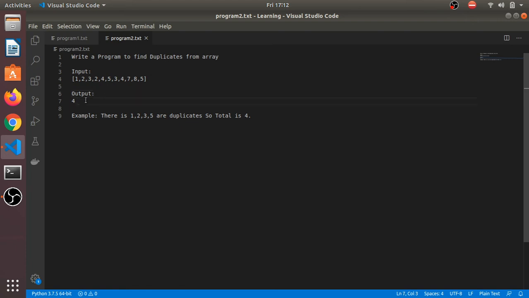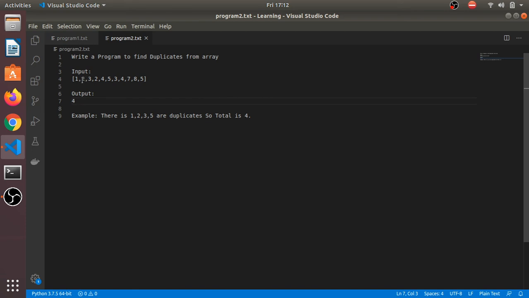So your output will be 4. You just need to count how many elements are duplicates in the array. Here 1, 2, 3 and 5 are duplicates, but 4 is also a duplicate. So you need to write a program in such a way that you can get the count of duplicate elements.